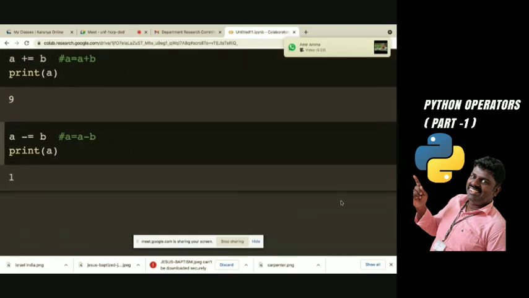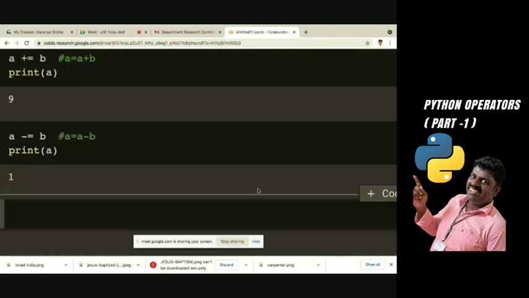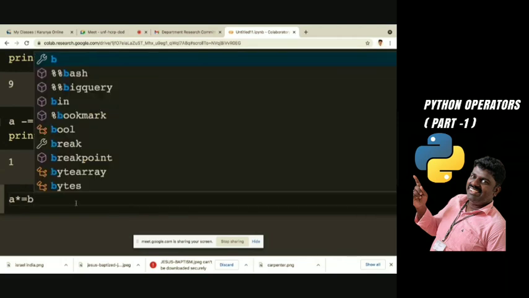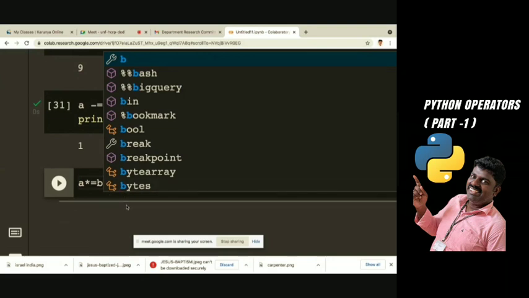We will go for asterisk also. Okay, so A asterisk equals B. What is the meaning of it?